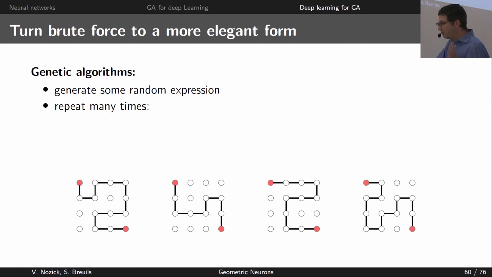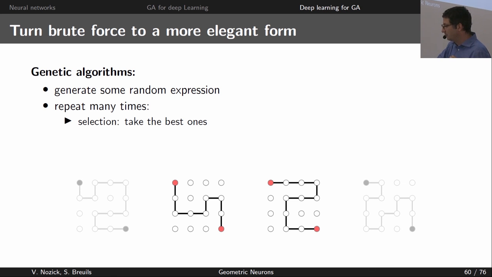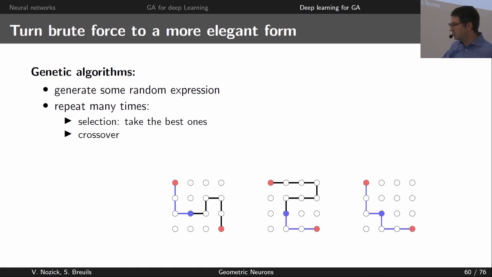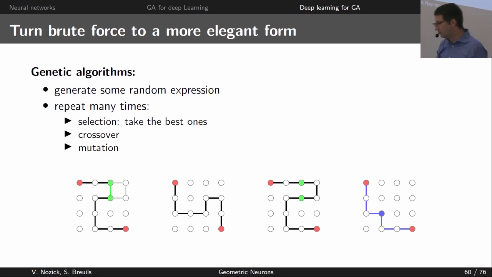Then we repeat the following many times. First, select the best ones. The two in gray were not that good, so discard them. Then do some crossover. Crossover means you take two paths that look compatible and try to mix them. Here you can find that the beginning of one and the end of the other makes a shorter path, so you keep it. You may also want to make a mutation, meaning you take one path, change something and hope it will be better. So choose randomly, if you want your salary better, and randomly move something.